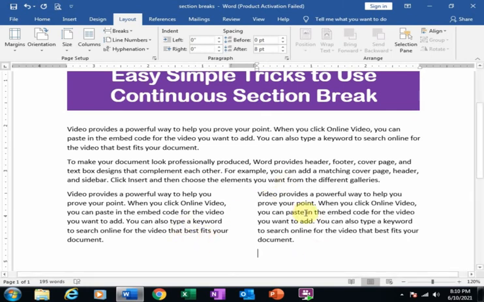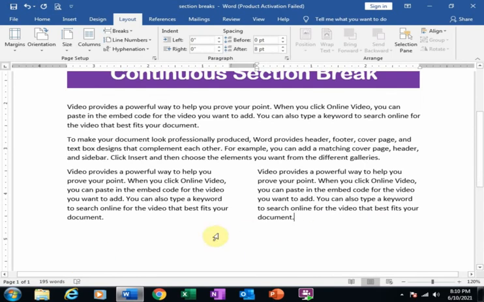Now this is a two-column section. This section has two columns. Now if I want to type one paragraph here across the whole area, we will use the continuous section break again, because this section contains two columns and I need one column below this area. We will use Break, and here is the option Continuous. Just click here. Now the continuous section break again starts a new section within this page.